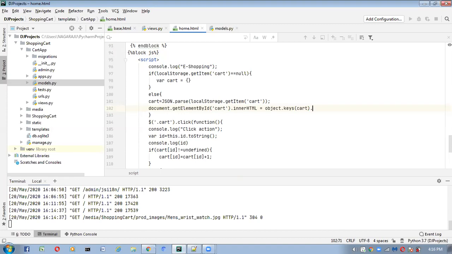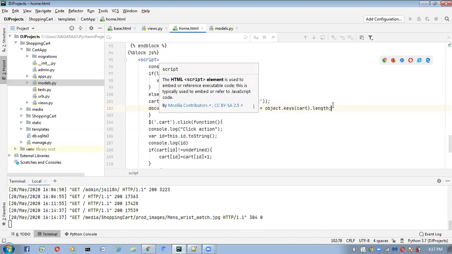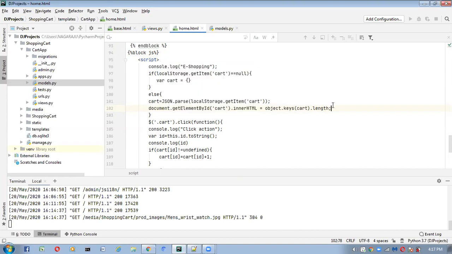If you want to get the total count, we have to find out the length. So what will this code do? Total how many items are there inside the cart, that count will be updated. So now it will update the count. Save this one.